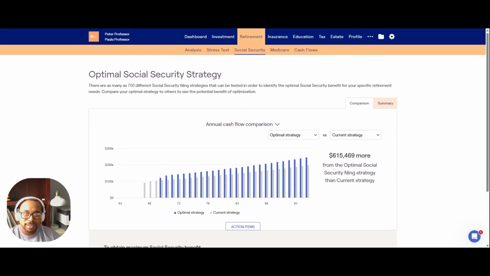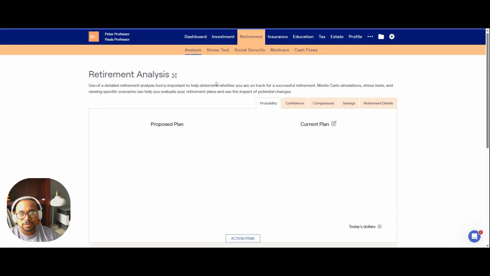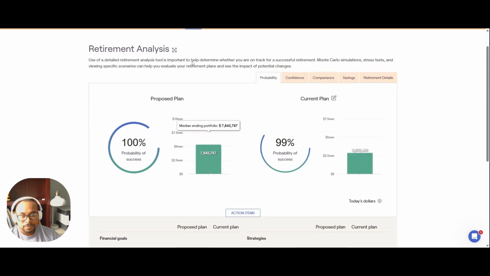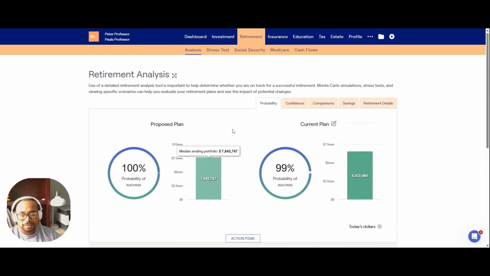But let's go ahead and add this in now to the plan. So I'm going to go back here. I'm going to turn on the Social Security to the optimal strategy, and boom, let's see what happens here. Okay. Now we've added 1.1 million. The next thing I'd look at is